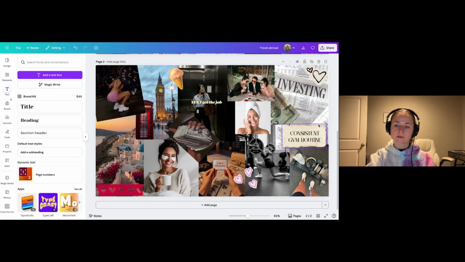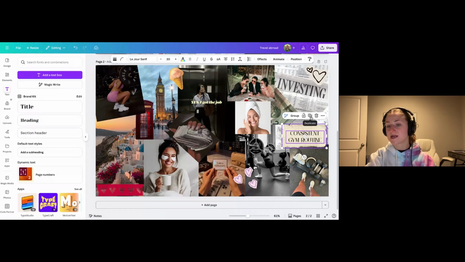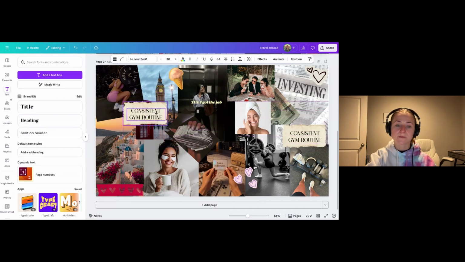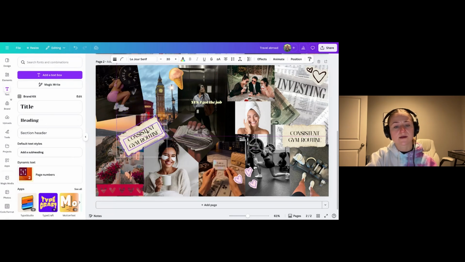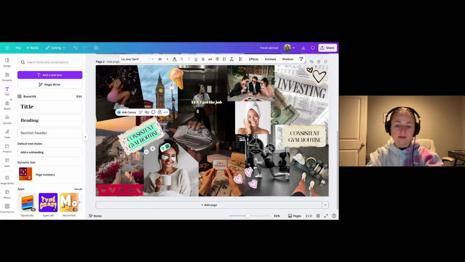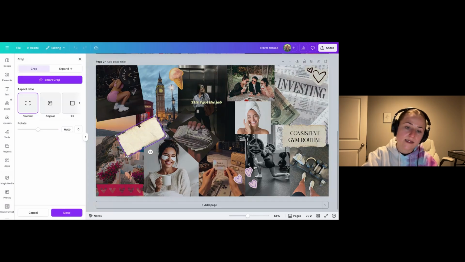Now, since I want to keep the same paper and text vibe, I'm going to click and shift and click, so I have both of them. And then I'm going to hover over this little duplicate icon and click that. So I have another one, and I'm going to click and drag that over here. And let's say I want it to be rotated. So I'm going to rotate it, have it be on an angle. I'm going to put it down here, and I'm going to say prioritize self-care. And I want the paper to be a little bit skinnier. I'm going to double click and I'm going to crop it.